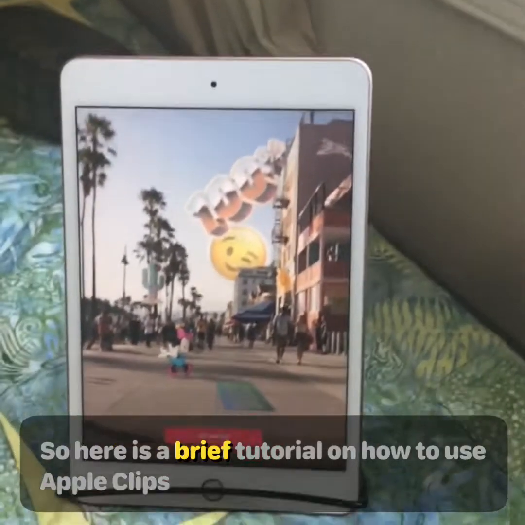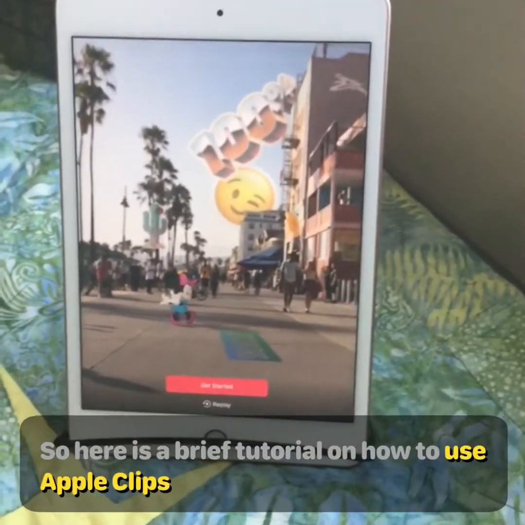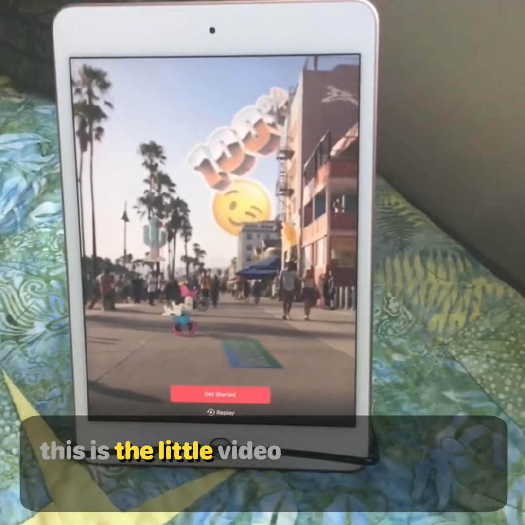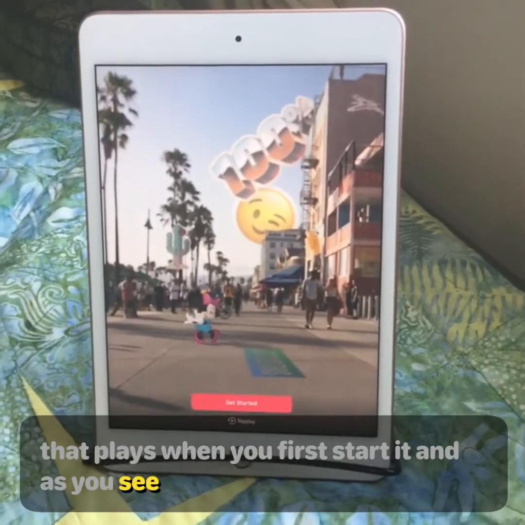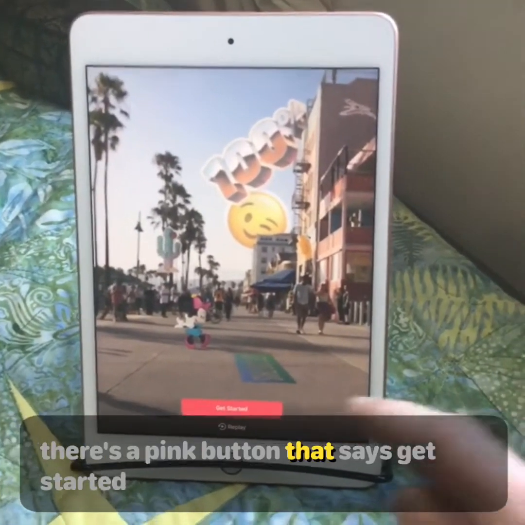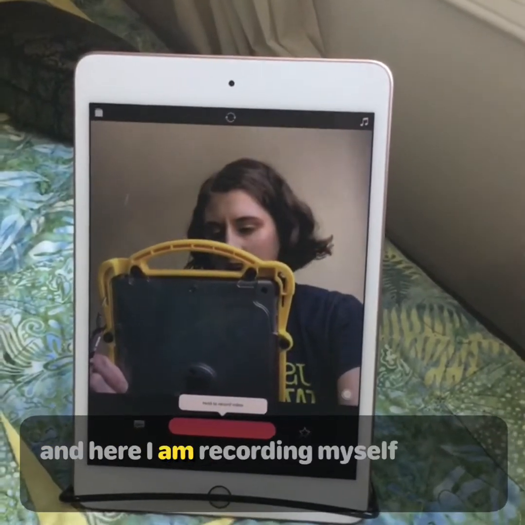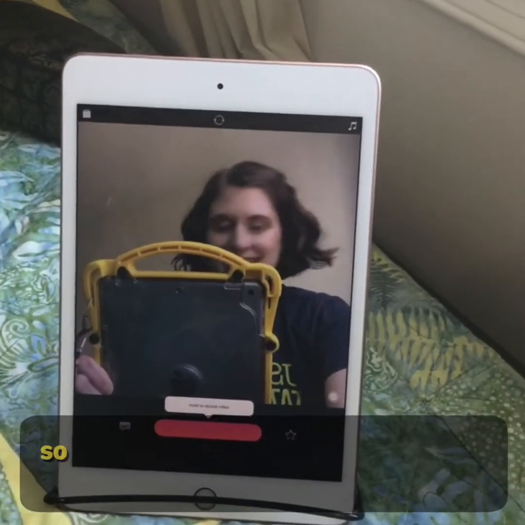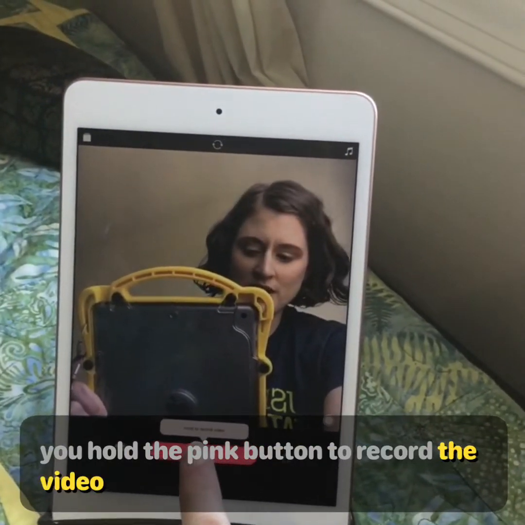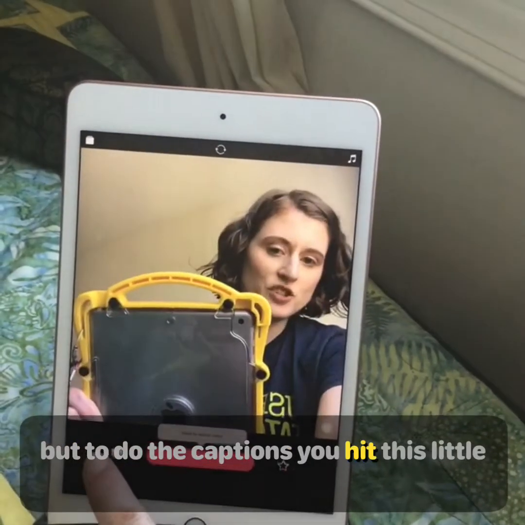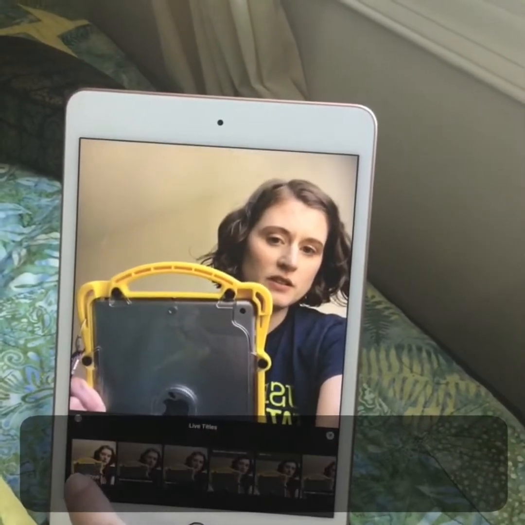So here is a brief tutorial on how to use Apple Clips. This is the little video that plays when you first start it, and as you see, there is a pink button that says Get Started. And here I am recording myself. So you hold the pink button to record the video, but to do the captions, you hit this little speech